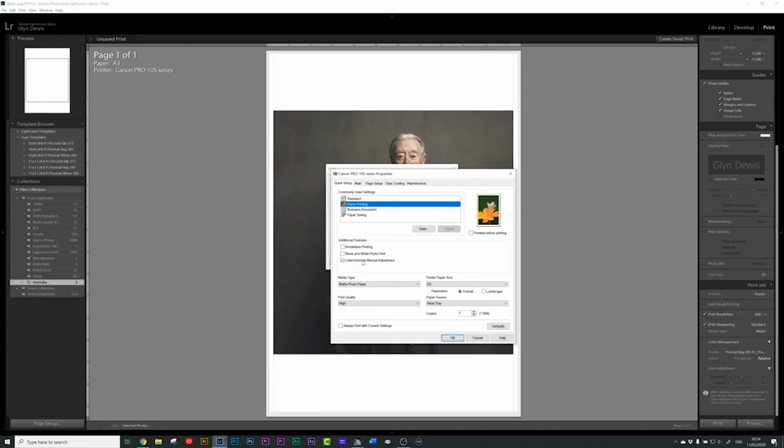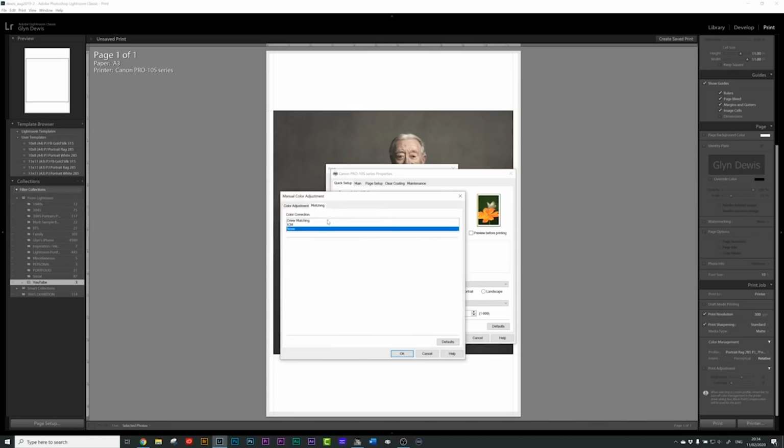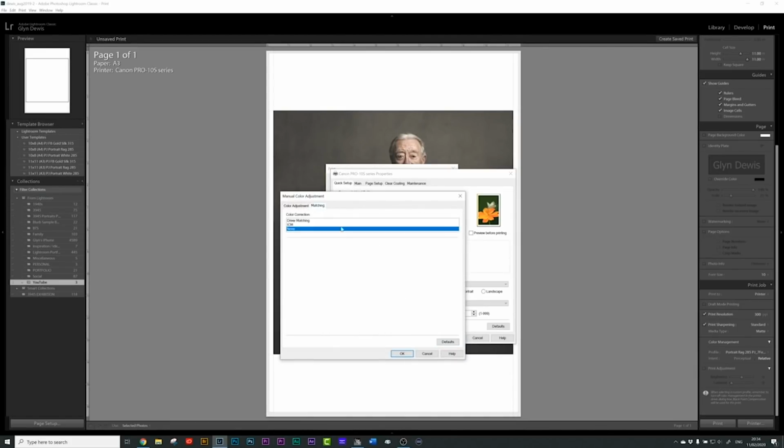The color intensity manual adjustment here has got a tick in it, but let's double click on the wording to bring up the dialog box and go to the matching section where it says color correction. You can see here it says none, which is exactly what we want, because we only want to be influencing the print by the actual paper profile we've created. If I had left that, let's open that back up again actually, if I'd left it to what it would maybe be by default, where it says driver matching,